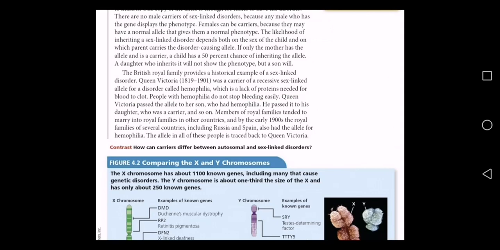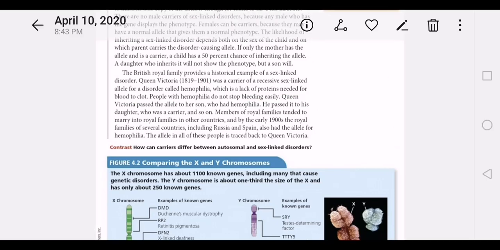She did not have hemophilia, but she was a carrier. Is the idea clear? In other words, as a carrier, she could pass on this defective gene, this recessive gene, to